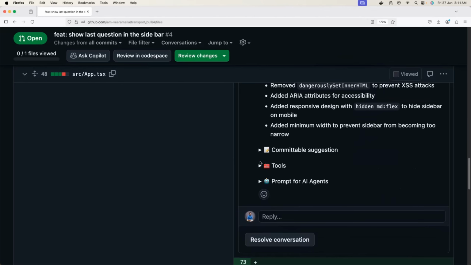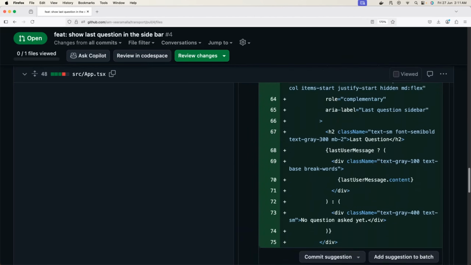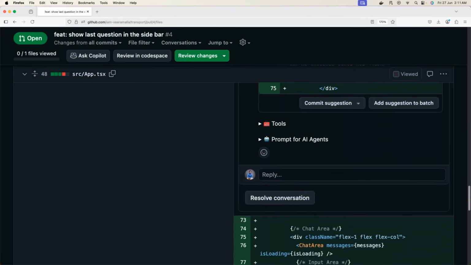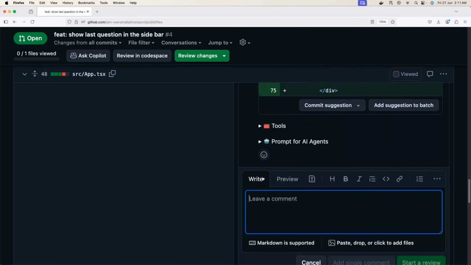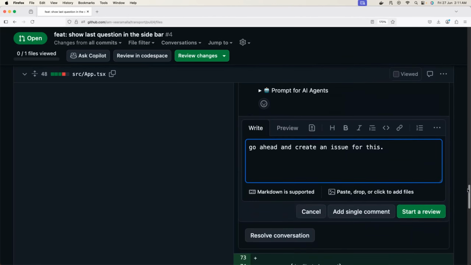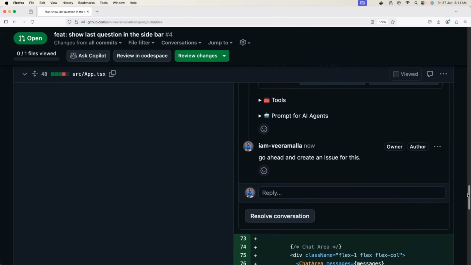So again, you have an option to commit this, but this time, because this is a very important one, I would actually ask CodeRabbit to go ahead and create an issue for this. So let's see if I ask it to create an issue by adding a single comment, would it understand the